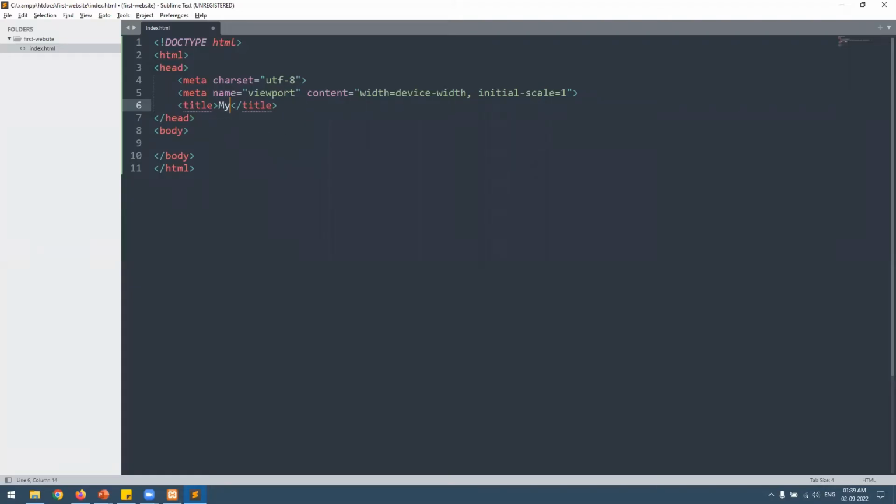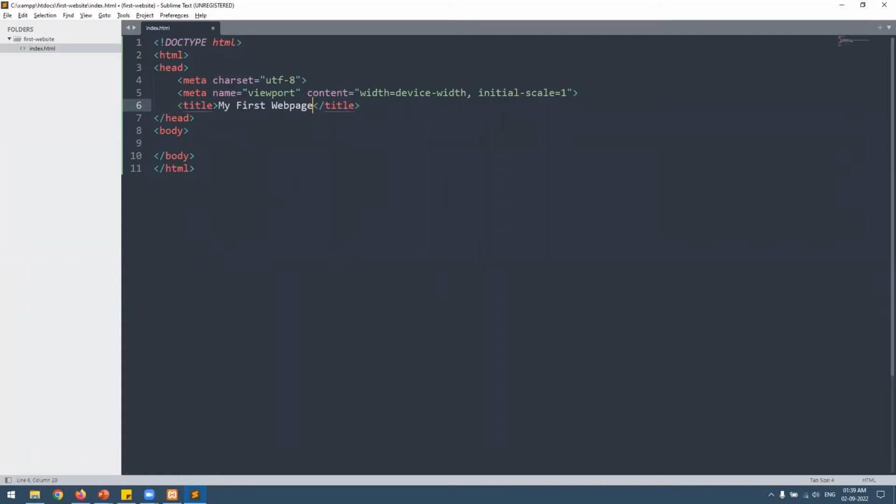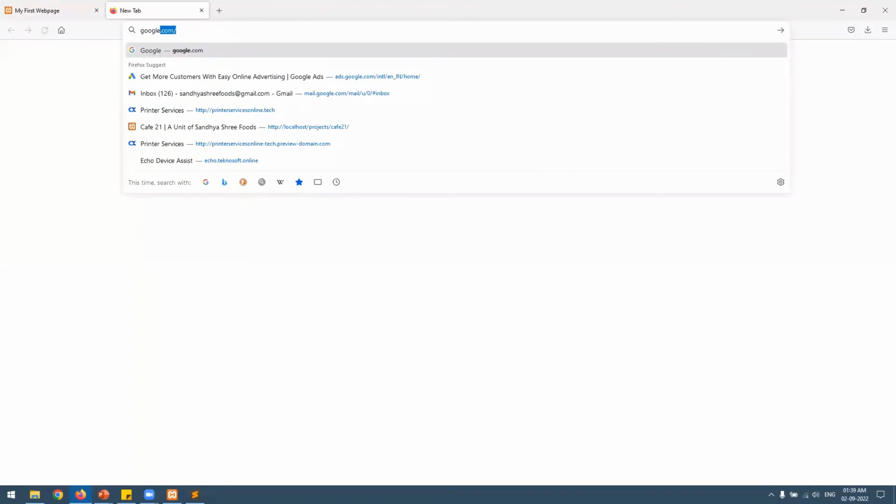Now we'll put a title of the page over here. Let's say my first web page. Now we will refresh it and see my first web page. Just before this title, you can see an icon. This icon is called a favicon, and we can change this favicon. For example, let's suppose